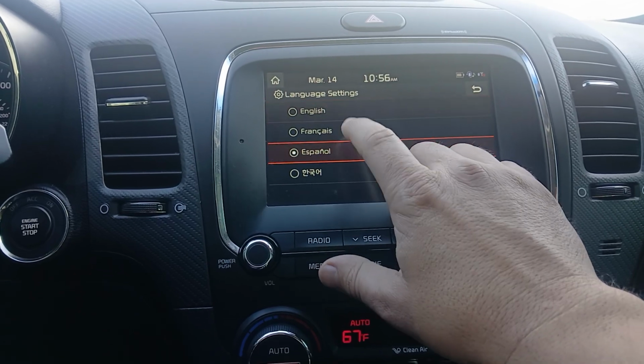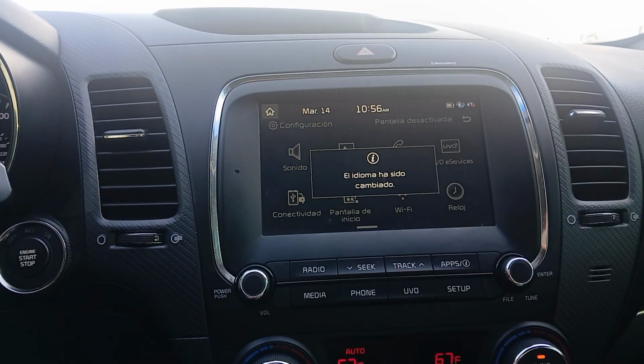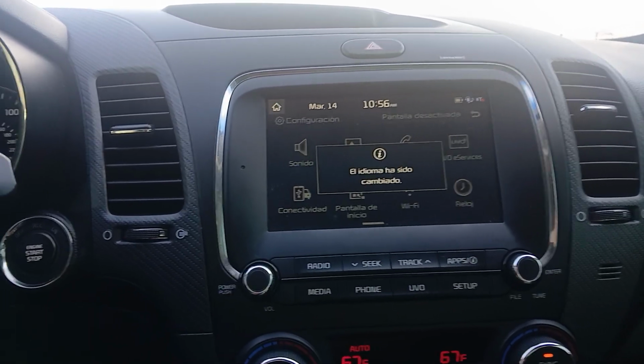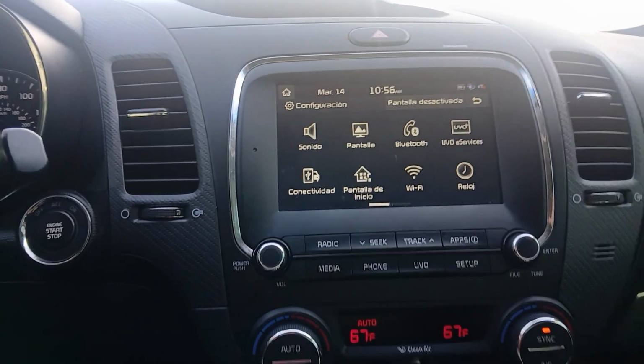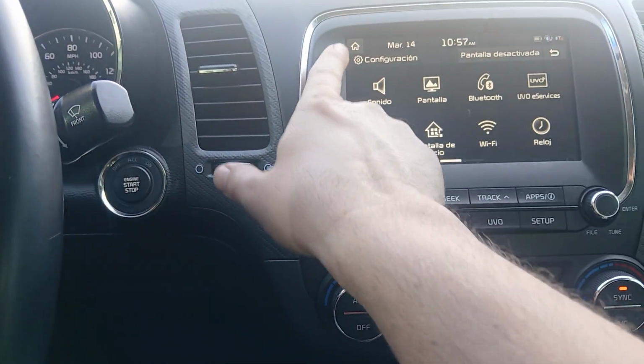So let's say we want Spanish. It should just auto update everything, so there's no other buttons you need to click. And then in a moment, I speak English, so I'll show you how to do this all again to switch it back to English. So again, from your home screen,